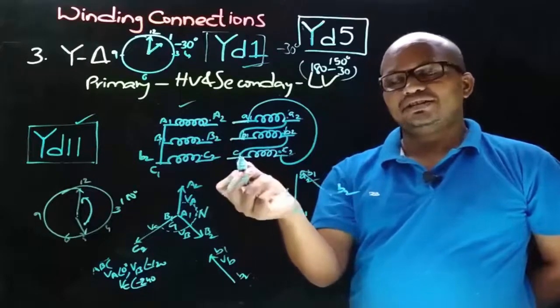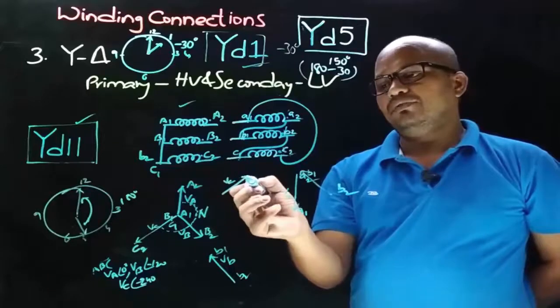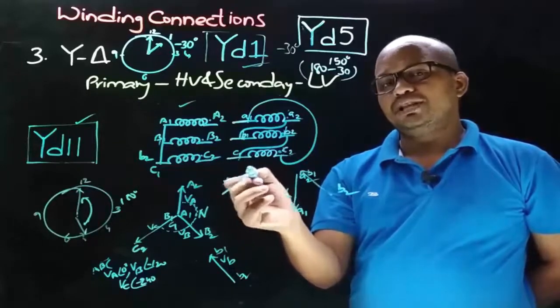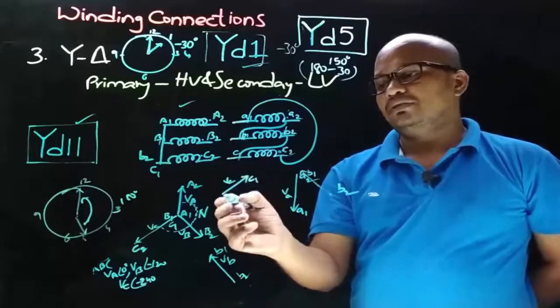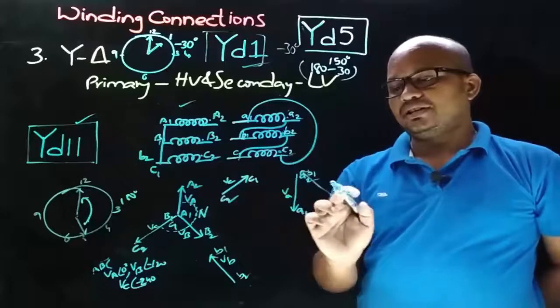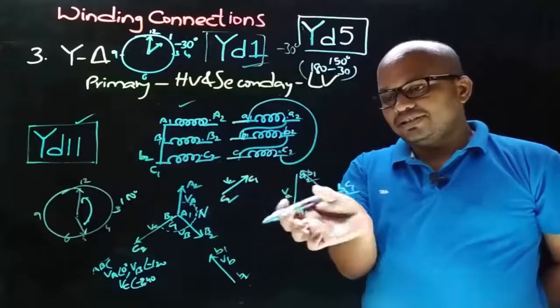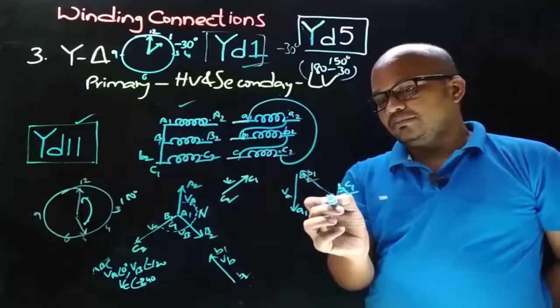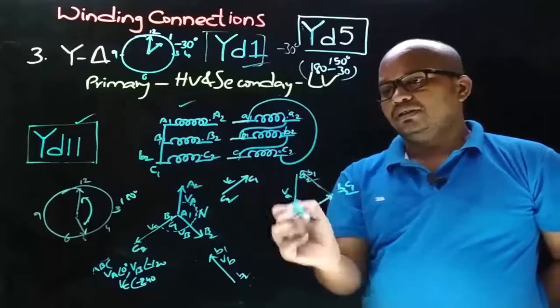So here on the secondary side, connections are taken on non-dot ends, and here the non-dot end is C1. Therefore the phasor points towards the connection we took from. So the arrow points towards C1, and obviously the other end will be C2. Now observe in the winding connection that B2 has connection of C1. So place this phasor as it is, such that B2 is having connection of C1 and A1 is having